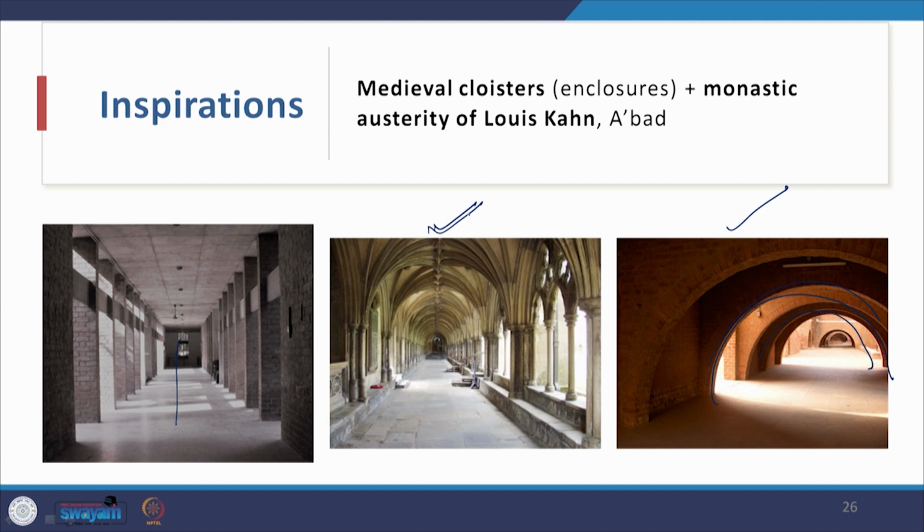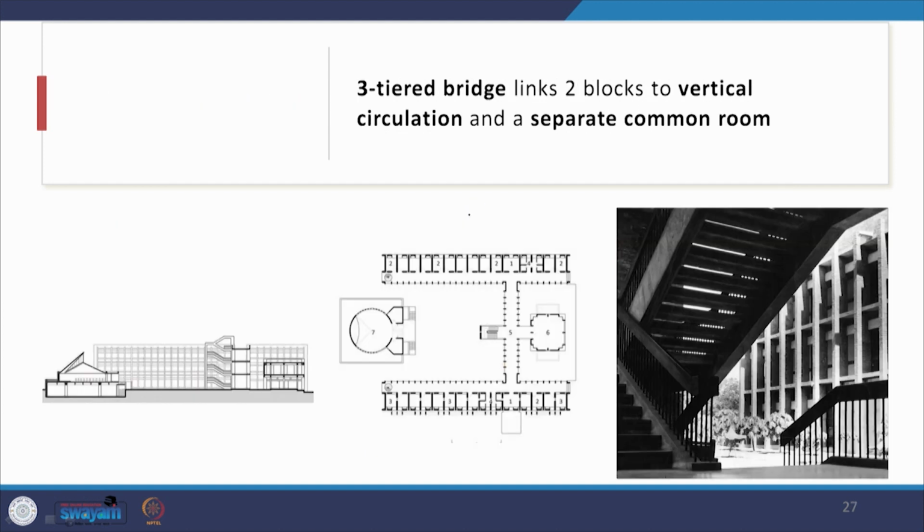In the medieval cloisters this was in stone. Then there is the 3-tiered bridge, this one, which links these two blocks and then connects it also to a vertical circulation on this side and a common room to the other side. The entire organization is so neatly done. When you look at the overall elevation also, it is a series of very clear elements, even here the overall building